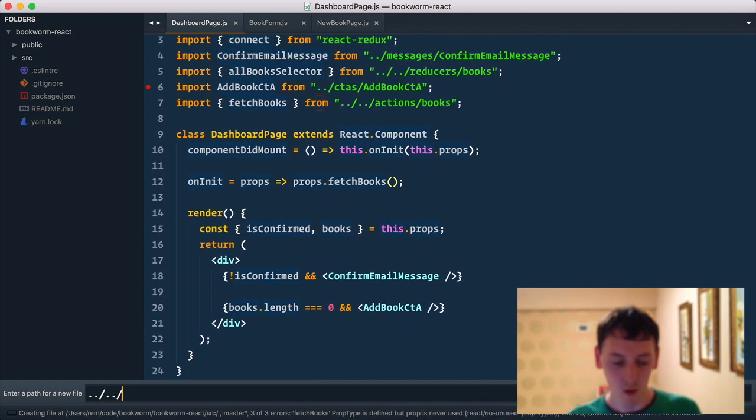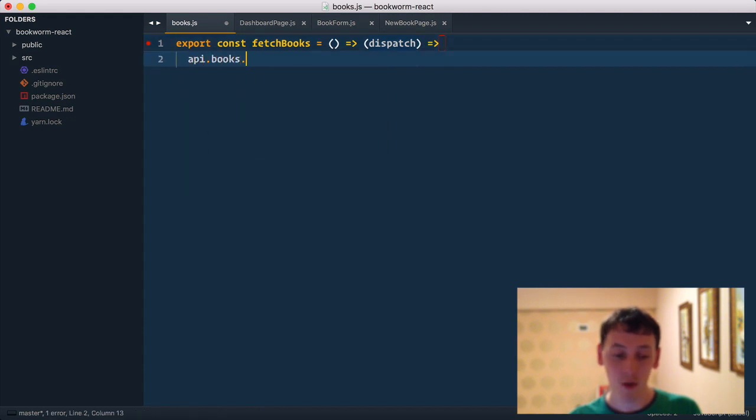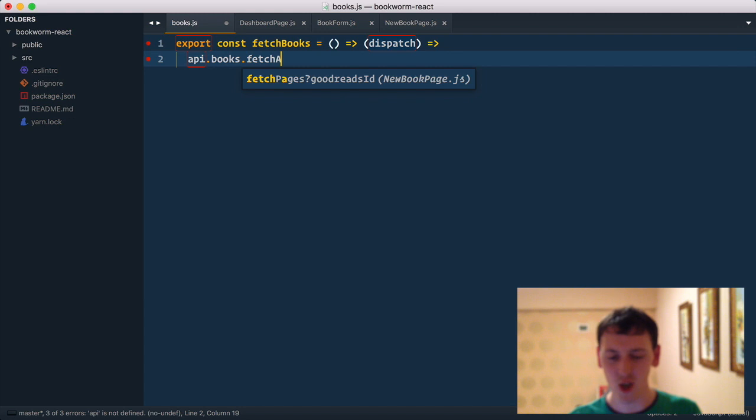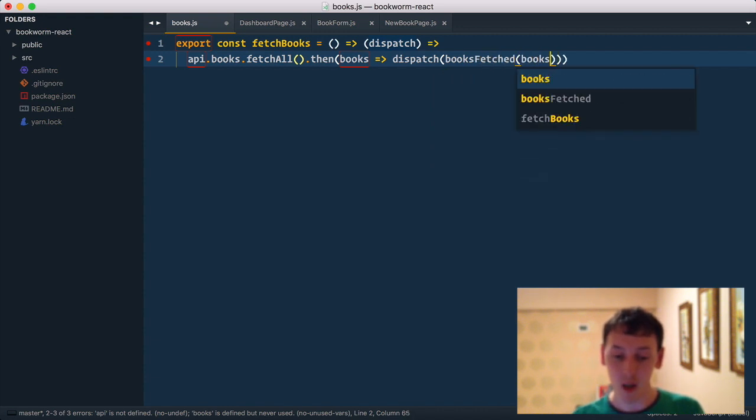So now we need to define this fetchBooks. Let's go to actions, books.js, and let's define the thunk action, fetchBooks. It doesn't take anything here. It has the dispatch. And here we'll have api.books.fetch, just fetch, or fetchAll. Let's call it fetchAll. It will get us the books, and these books we want to place into our Redux store. So we need to dispatch an action that we call booksFetched, and we need to pass books into it. But